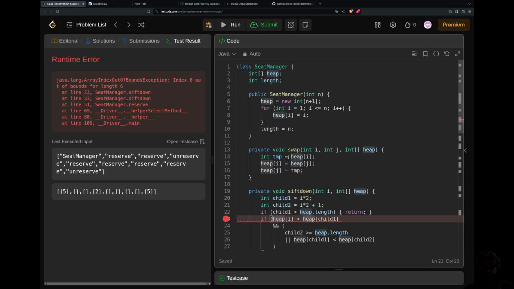Length is here and 6, okay. Length is gonna be 5. There are gonna be 6 elements. If heap i